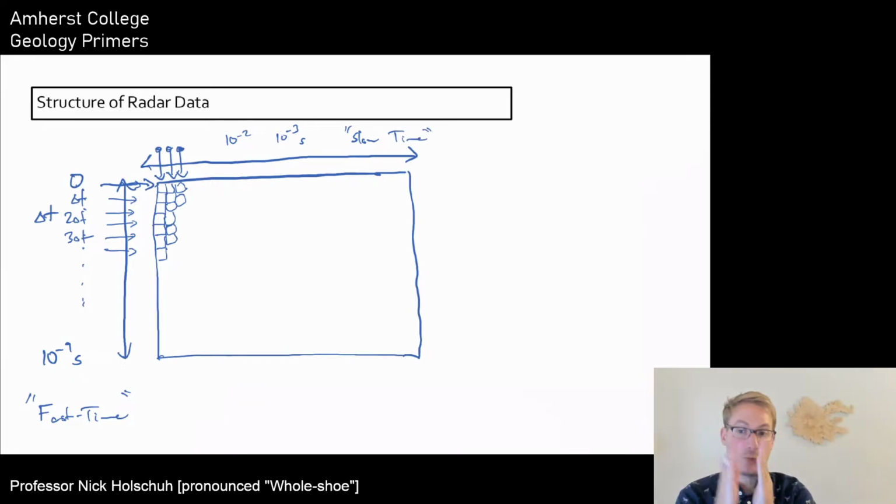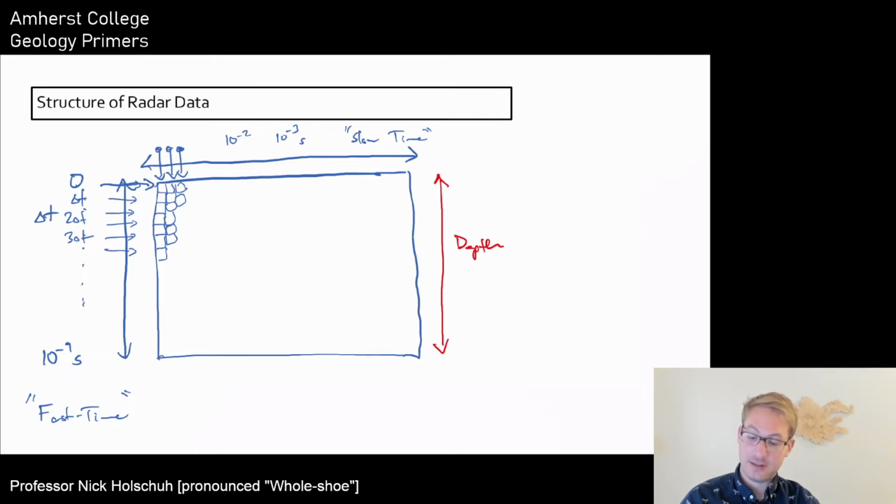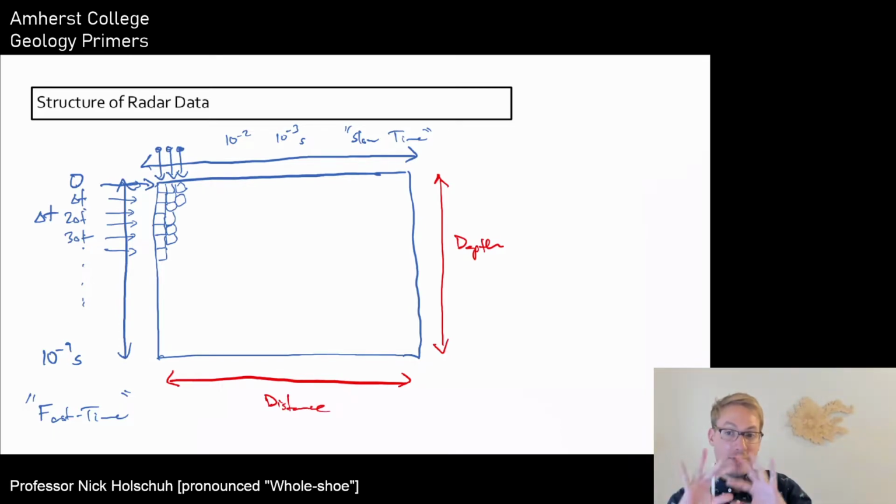Because the time between pulses is very long compared to the time after the pulse that we're listening. Again, you can also think about these axes for the physical coordinates that ultimately they represent. We can convert fast time to depth in the glacier. We can convert slow time to distance along the glacier system. But ultimately, we have all of these measurements of the electromagnetic field at the radar instrument stored in this big